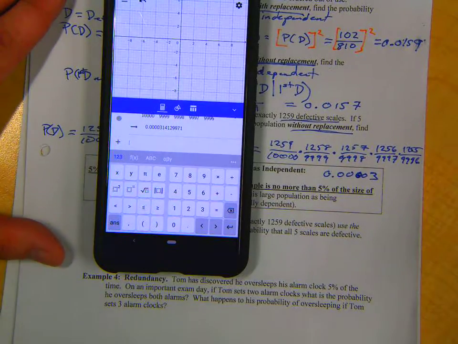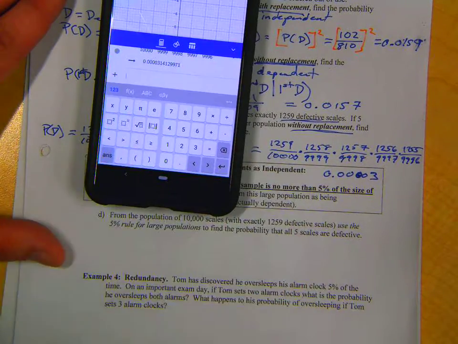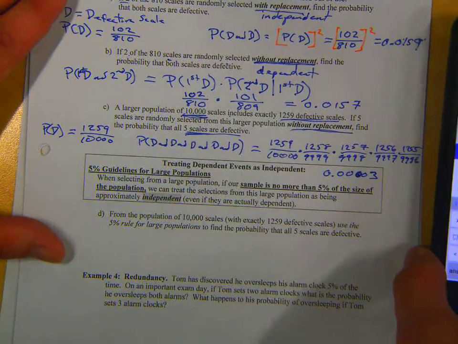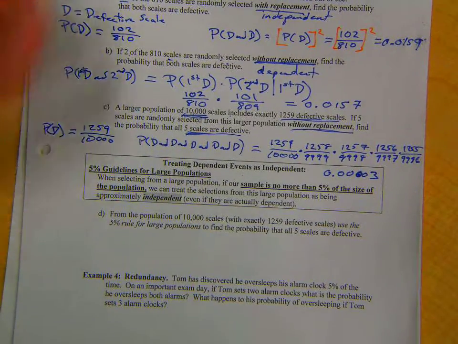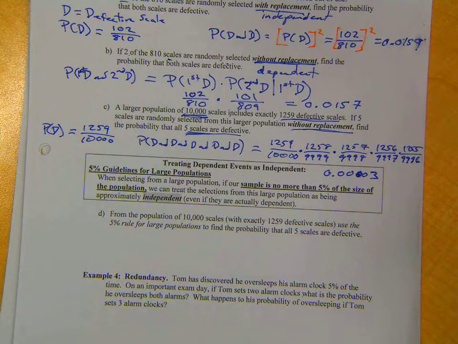All right. So let's do the next problem because the next problem really helps us see something here, and this law of large numbers thing that's out there in the world. It's not technically in our book, but I just wanted to go over it and make sure we understand what we're doing. So if you have a large enough sample,